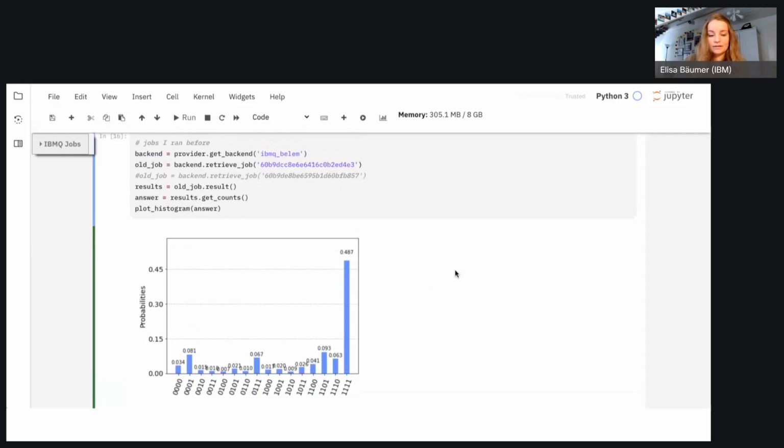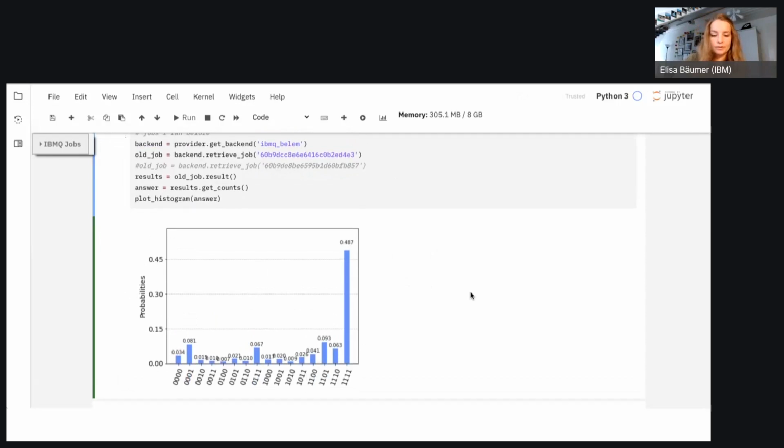This is also why you can see that it's important that we do a lot of shots. Let's say if we only did one shot, the chance would not even be 50% that we actually get the correct result, but it might just be any other result. If, however, we do the 1024 shots, or we can actually do even more, up to 8192, we get the whole distribution, and we can then clearly identify what the result that we wanted is.